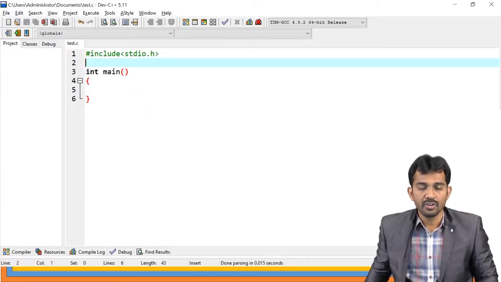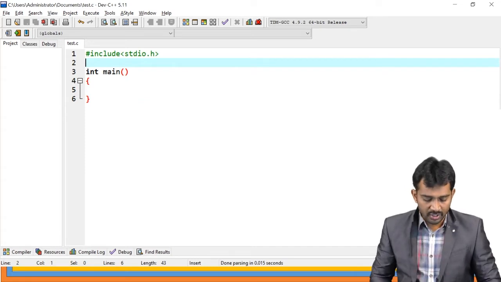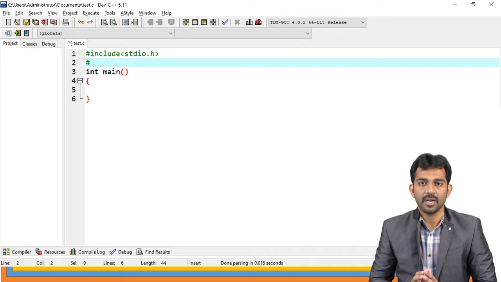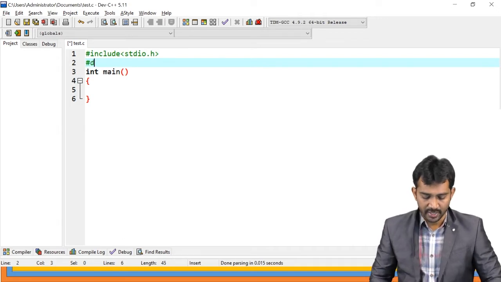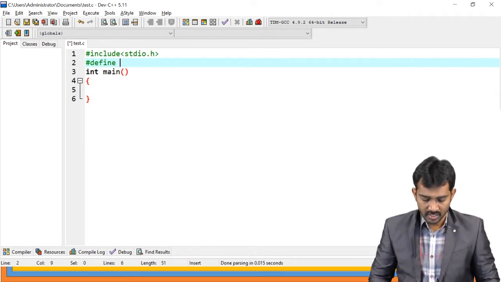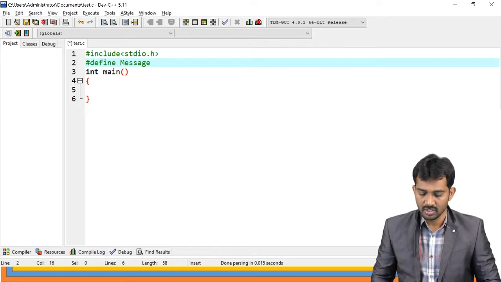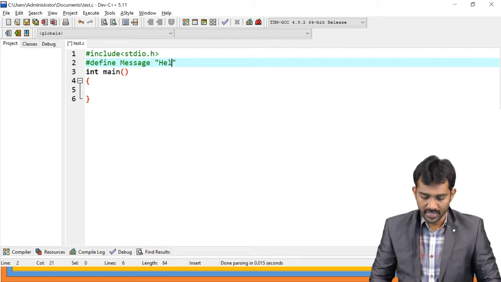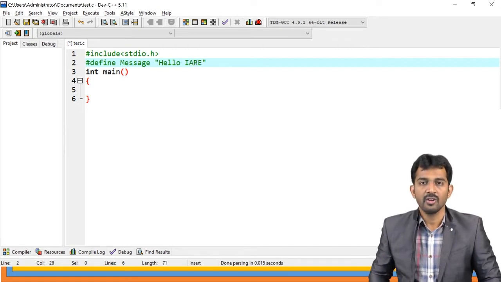For example, if you're going to define one function, all pre-processor directives start with a hash symbol. #define, and for example, I want to create one message, MESS, and the message is hello IRE.